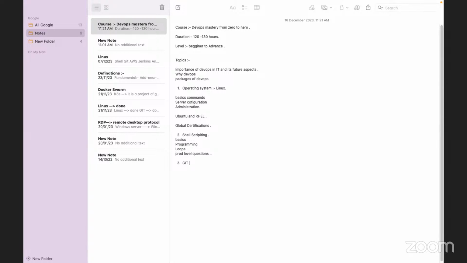Now we do have lots of vendors in the market related to Git, but in this specific course we are going to use GitHub. There are lots of vendors as well. So what are those vendors, why is each and every vendor a little bit different in the organization, and which one is good for you at the beginner level? Although the commands are going to be the same in each and every vendor, there are certain points which differentiate the vendors, so we are going to cover those things. Okay,